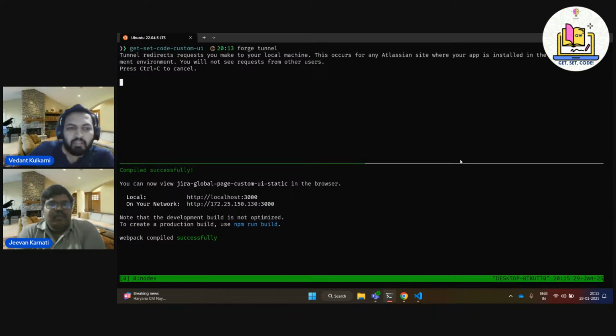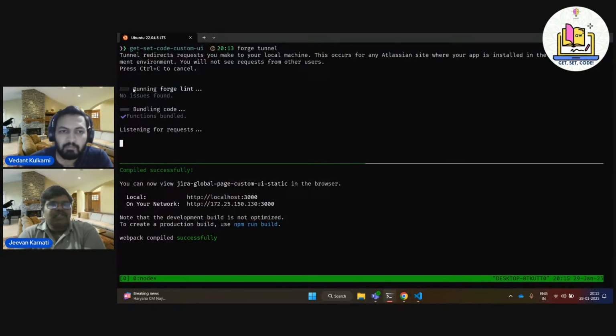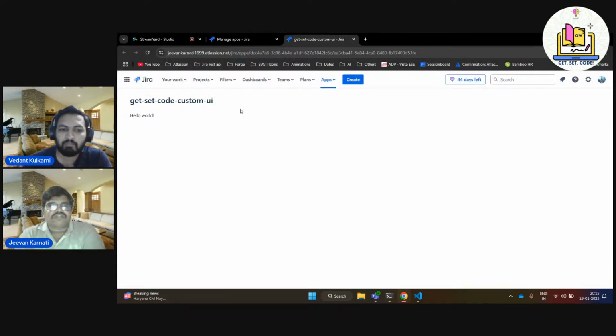Is any additional installation required for tunneling? No, it will automatically work. We just have to add this tunnel, and add the port which we are using in the front end, and then it will automatically work. So see, it ran Forge to check for any issues, and it bundled the code, and we are listening for requests now. So if I refresh this page now,